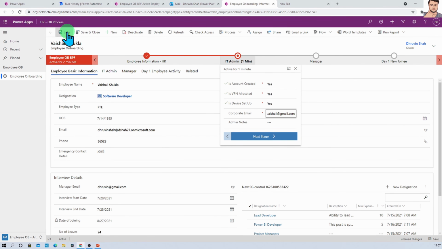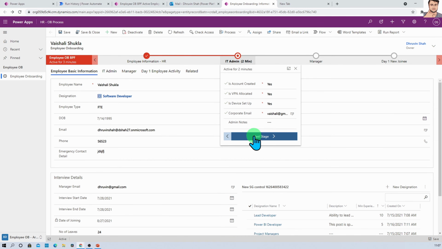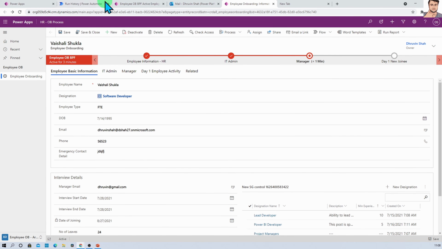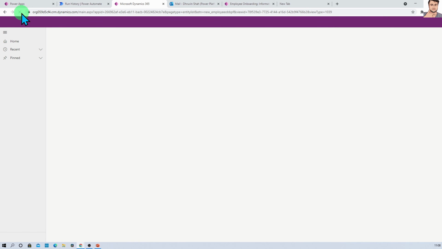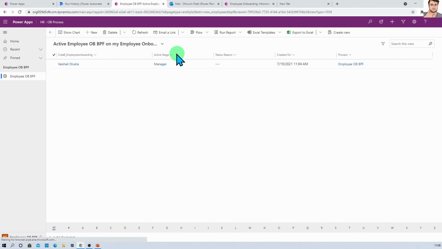IT admin just fills his information and now they will click on next stage and click on save and close, and let's see the stage here. So now the stage has changed to manager.